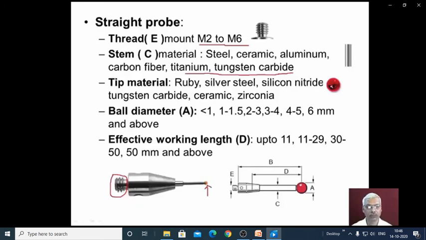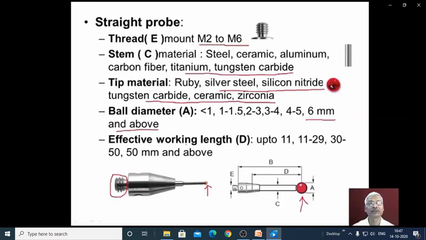This is the probe tip. Probe tips are available with different tip materials like ruby, silver steel, silicon nitride, tungsten carbide, ceramic, and zirconia. And tips are available with different shapes also. So this shows a ball type tip, and balls of different diameters up to 6 mm and above are available depending upon the inspection requirements.